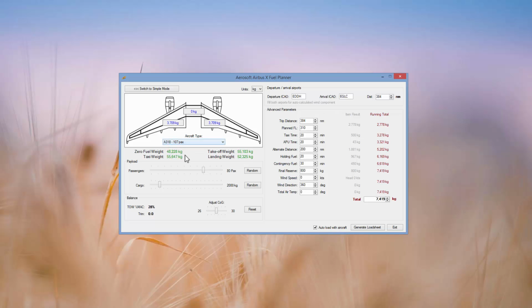A318. 80 passengers, 2,000 kilos of cargo. Departure airport is Echo Delta Delta Hotel, which is Hamburg, and arrival airport Echo Golf Lima Charlie, City of London Airport. Total distance of 384 miles. Planned flight level is 310, and with all this taken into account, our calculation figures that we're interested in here